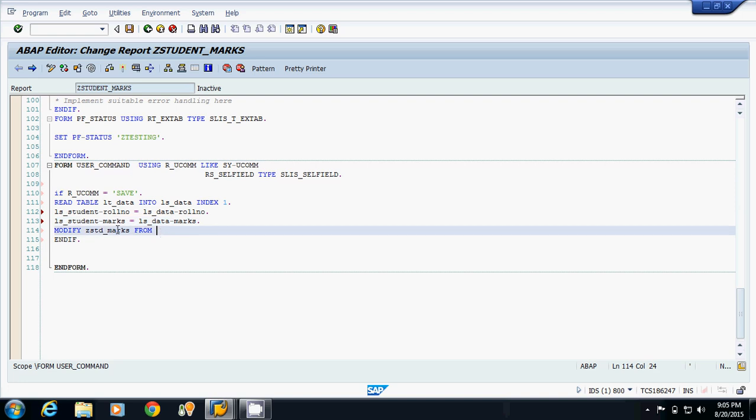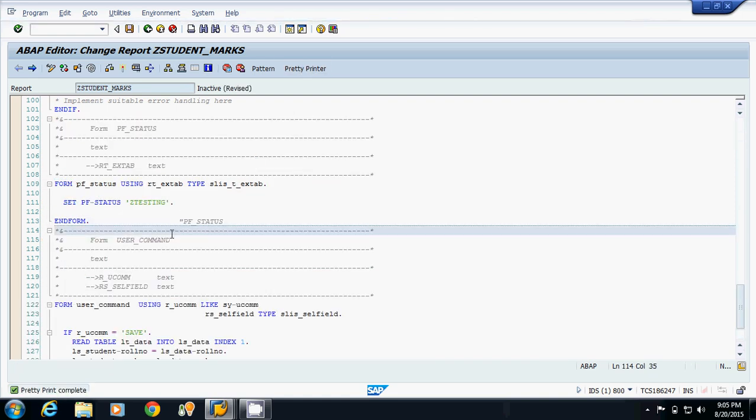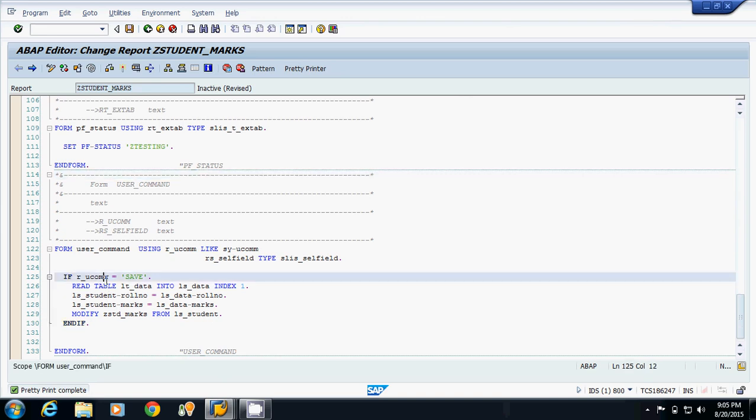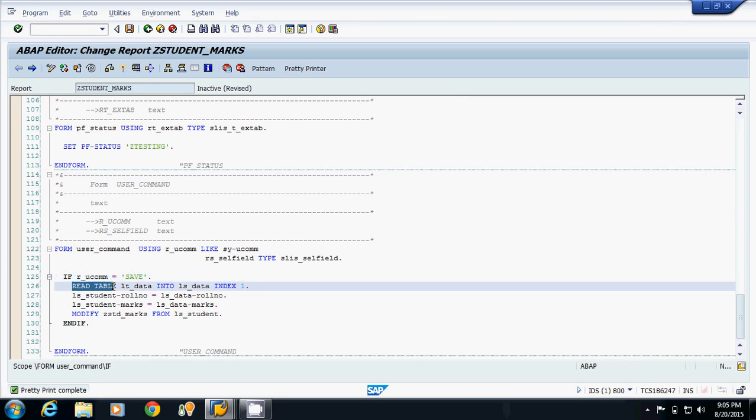Now I am modifying this table from ls_student. But I have written the logic. If I click on the save button, means r_ucom is equal to save. So I am reading the internal table in which I have the roll number as well as the marks. Now I have to store these marks into the database table.